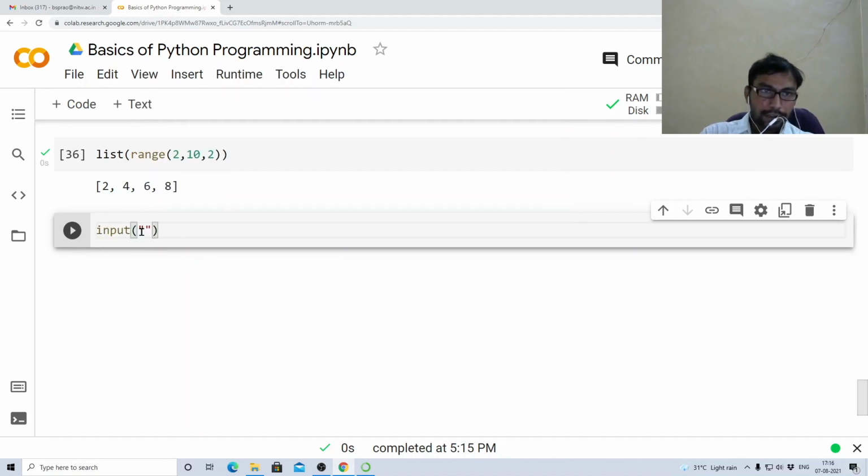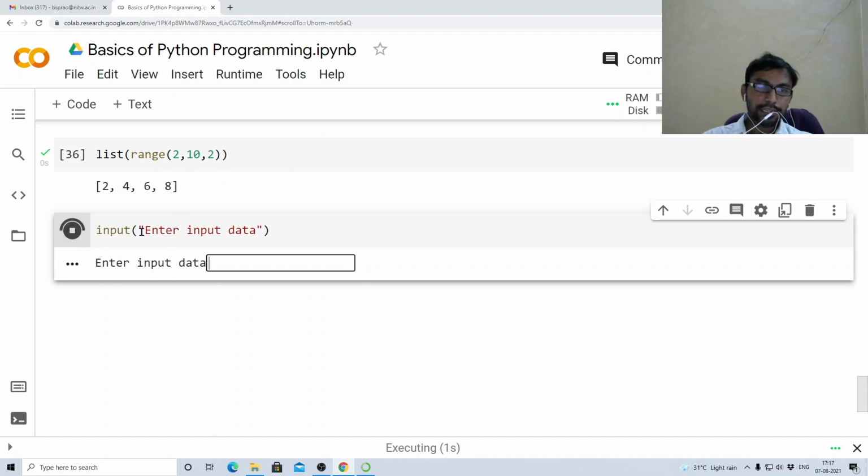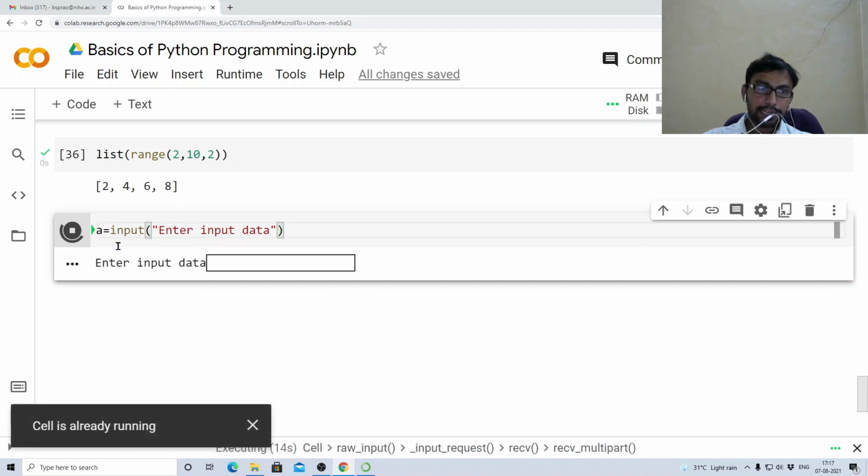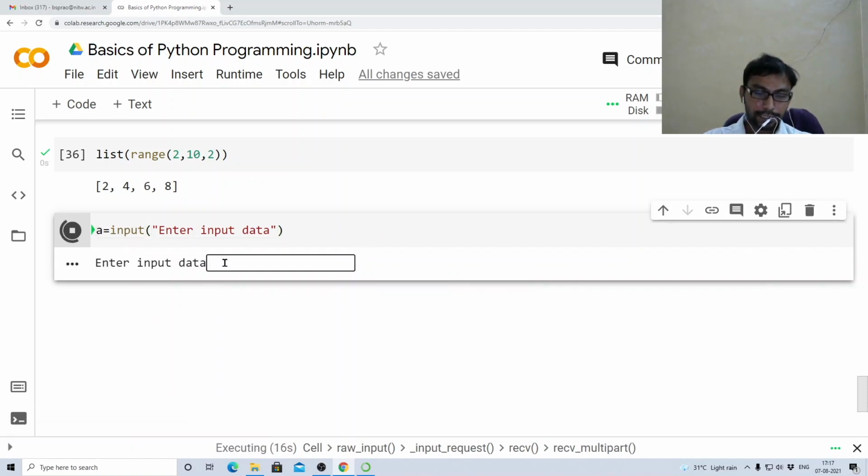Inside this function input, you can write some text, whatever you want: Enter input data. You see, it was asking the user to enter the input. Now what I do is, I will take the input and store it in some variable, let us say A. Let me run it again. Cell is already running. Okay, I have to give some value first. 2.